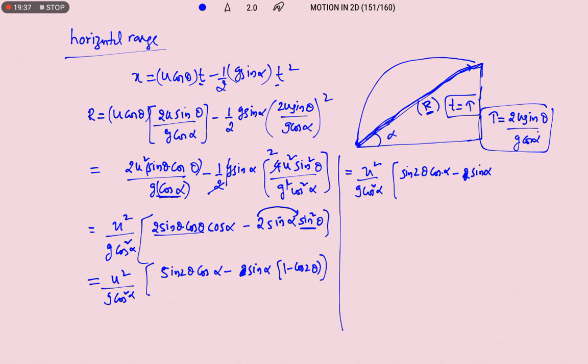Here minus into minus, we are going to get plus sin alpha cos 2 theta. If we observe these two terms in this expression,